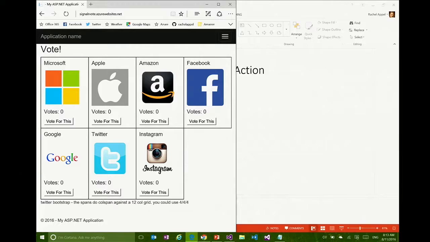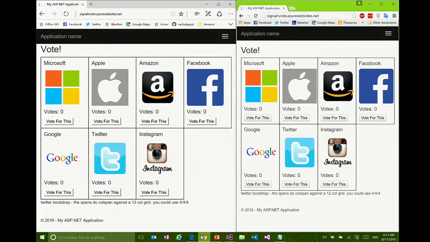It's fantastic. A little SignalR game, so those are some samples. But I have some samples too. And you can even follow along with these. I'll show you how they work first really quick and then give you a link. So maybe I wanted to allow people to vote for their favorite company. And I have this Edge user over here, and then I have this Chrome user on the right. And as they vote, I want to tally the real-time votes. Somebody comes in and clicks, and as you can see, as I click in one, it'll update the other,